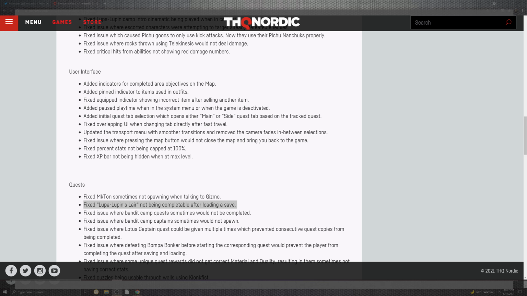On top of that situation, the added initial quest tab selection, which opens either the main or the side quest tabs based on the tracker and the quest. Now that's very convenient. They made it more digestible for what you can and can't do, for what's going to be dialogue and what's story with side missions. Very cool. On top of that, the overlapping for the UI inside of the changing tab directly inside of the fast travel, updated the transport menu for smoother transitions, removed the camera fade in between